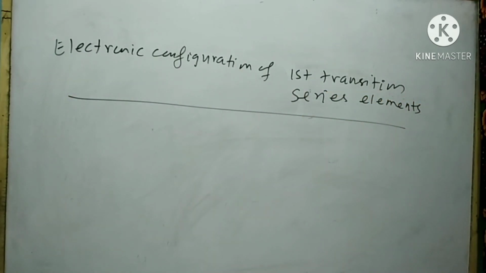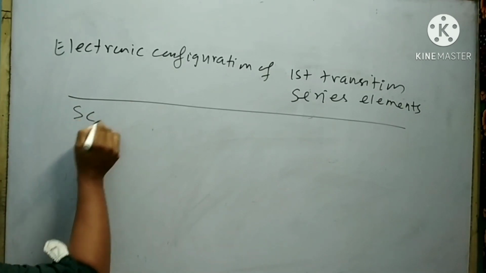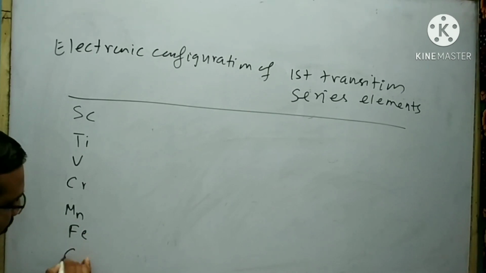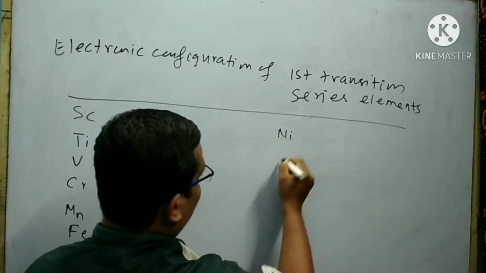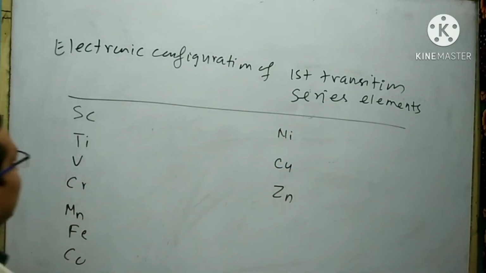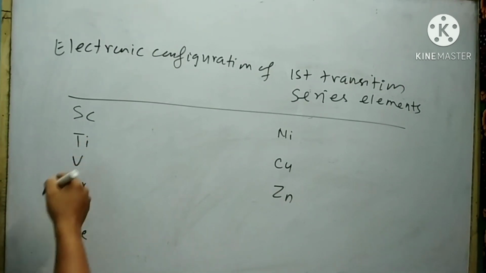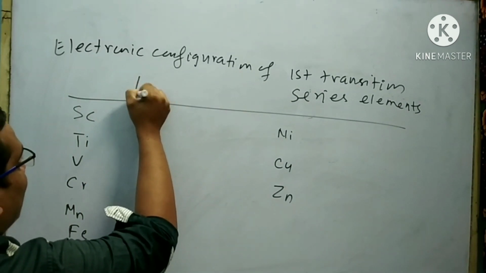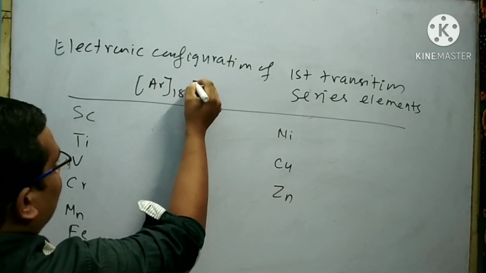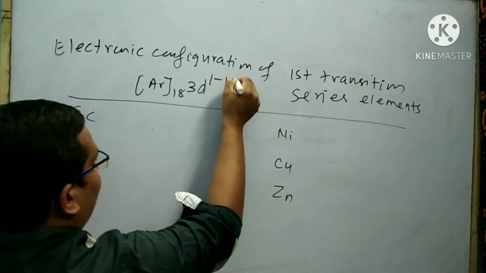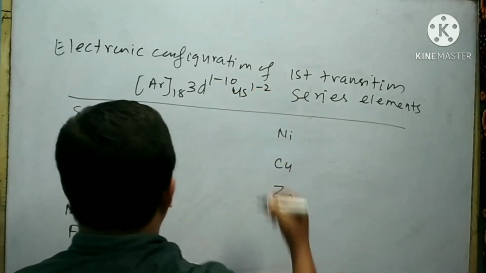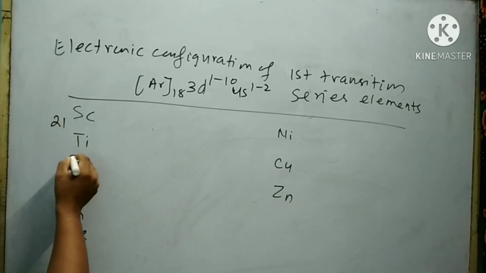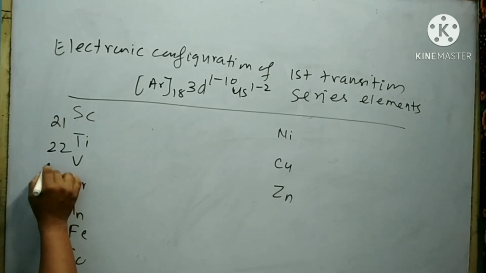The elements present in the first transition series are scandium, titanium, vanadium, chromium, manganese, iron, cobalt, nickel, copper, zinc. We know that the general electronic configuration of first transition series elements is argon 18, 3d 1 to 10, 4s 1 to 2. The atomic number of scandium is 21, titanium is 22, vanadium is 23,